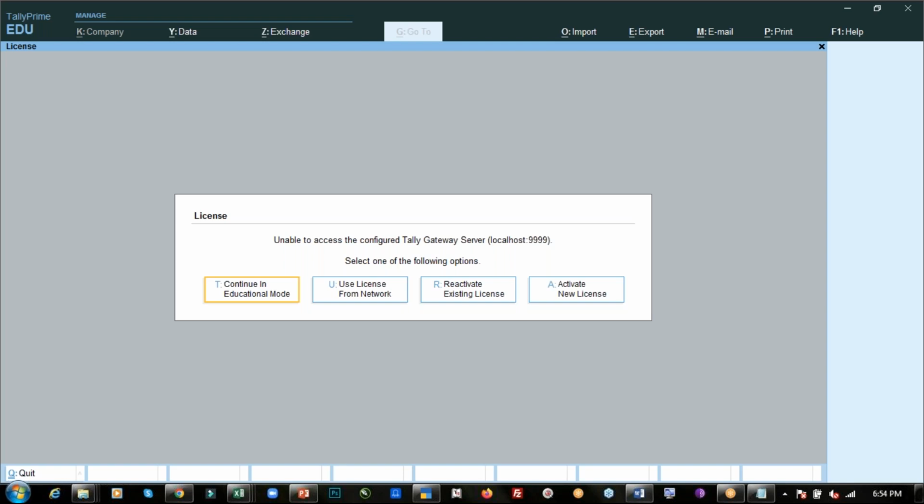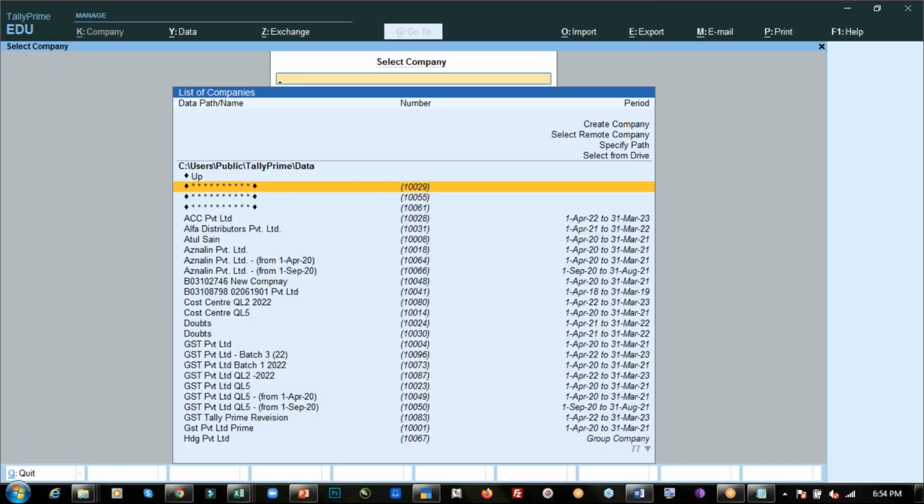All right, let's go again into the educational mode. This time we have already created a company, so we don't need to create one. If we want to, we can create. There is basically no limit on the creation of companies. It is up to us. But we want to work on the same company which we have created. So what we have to do here is select the company from this list,